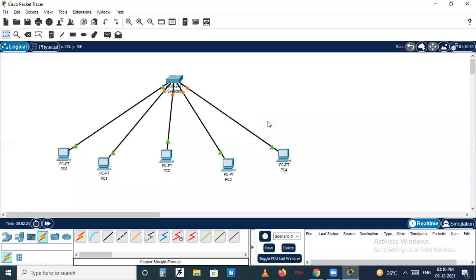Now it is reading something, or learning. Let its learning complete. So it is green now. Once all of these are green, we'll start communication. First of all, we have to initialize the IP addresses. Yes, I will assign the IP addresses.